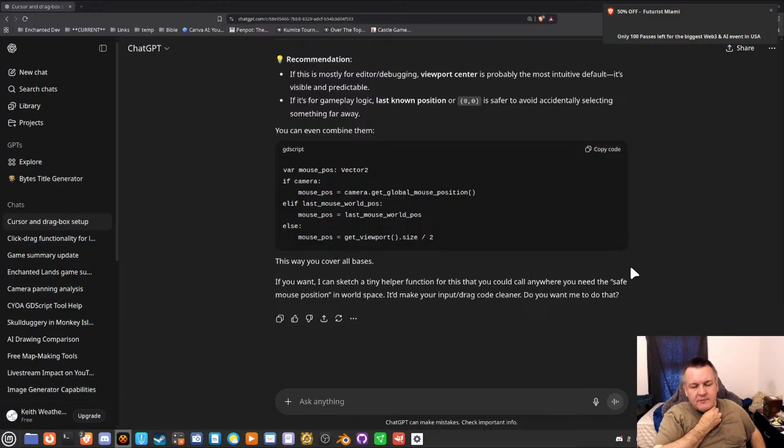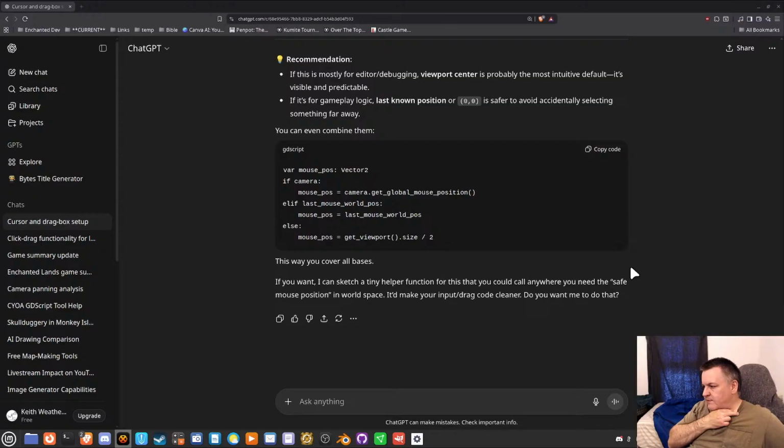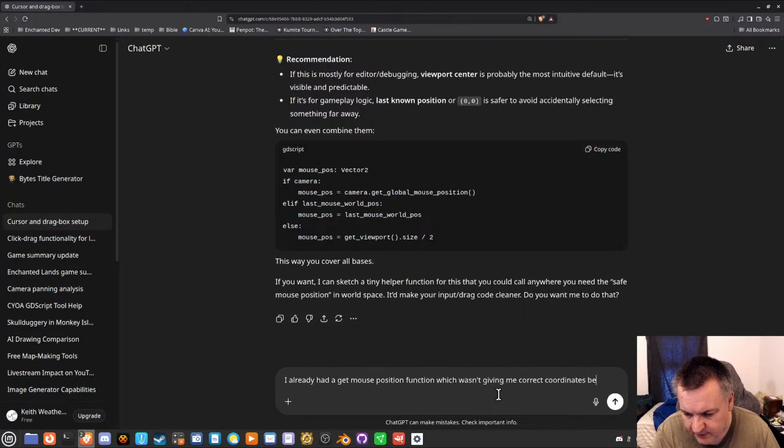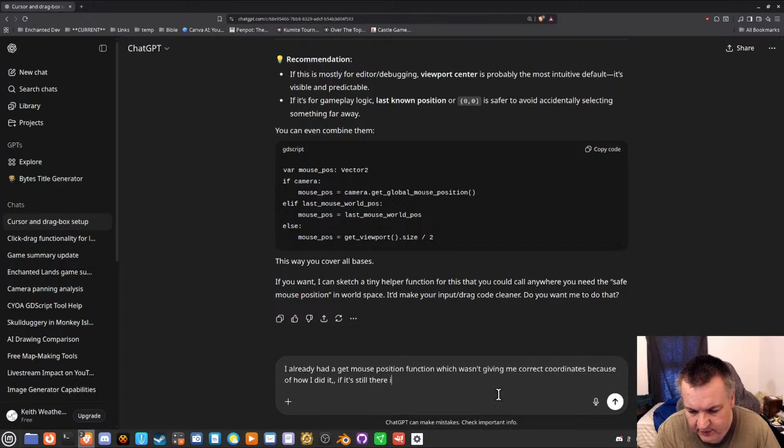I don't suspect that would happen. We had a get mouse position function which wasn't giving me correct coordinates, because if it's still there, I can just use that.